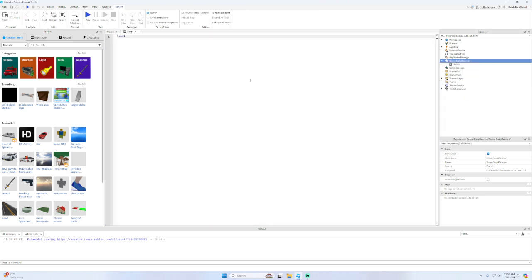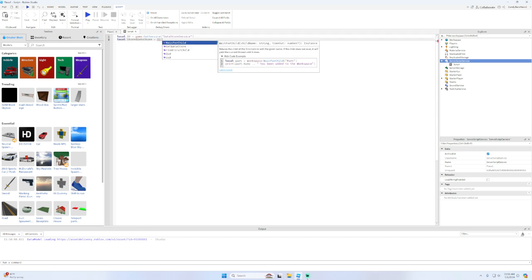Do local DS equals to game GetService DataStoreService. Oh, there we go. Next, we're going to go down, over to here, one line down, and we're going to want to go StoredDataStore equals to DataStore, which is this up here, the DS, and we're going to go